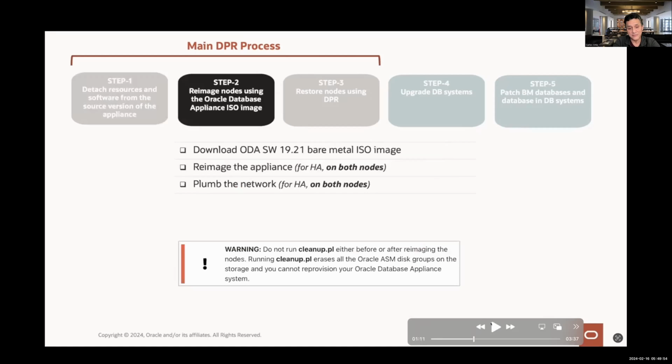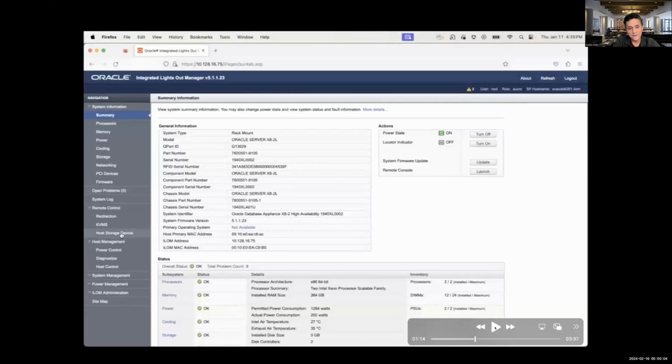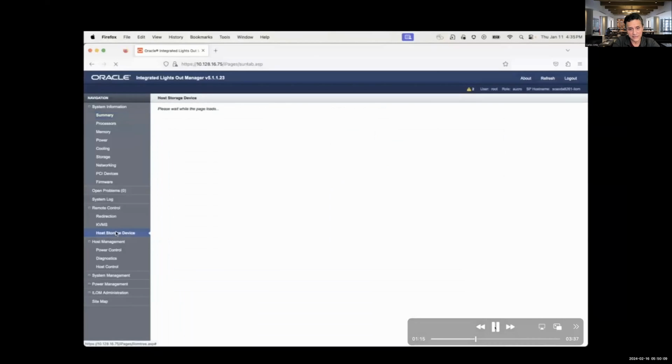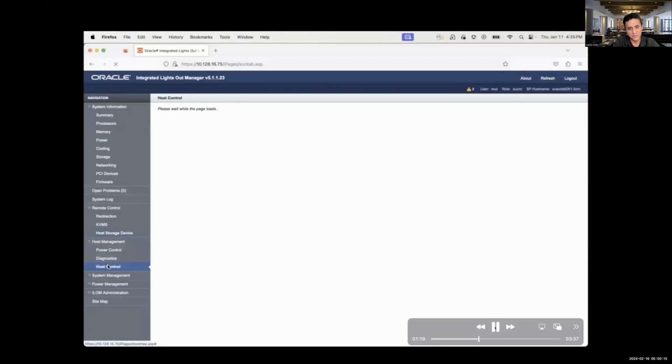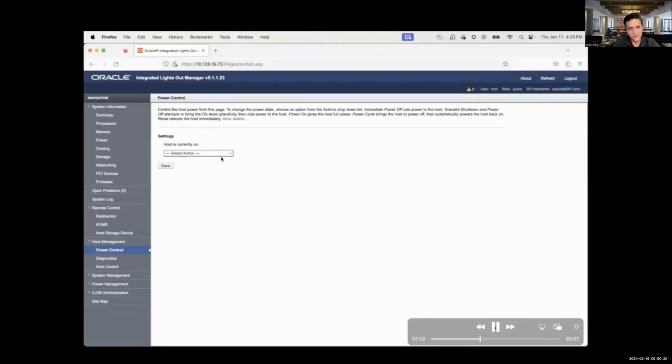If you've done reimage, pay attention to this item here. We cannot run cleanup. On the regular reimage, we do that, but not here, right? Because we need to preserve the data. And so you go to the island, the user guide tells you how to get there. Here, we're gonna put an NFS mount point since we put our image file there. We follow these steps, right? The user guide tells you a different method, but this is faster, or you can just use the user guide,